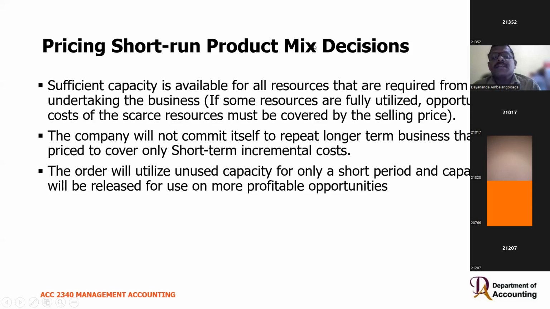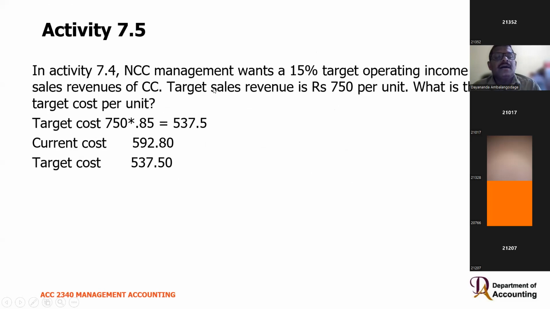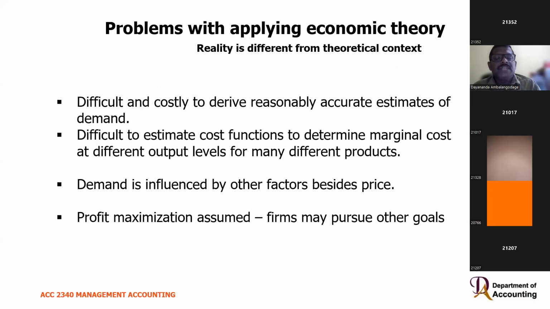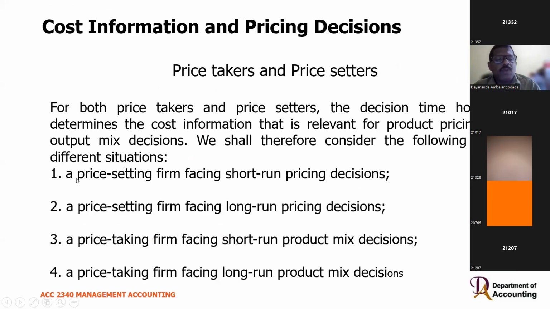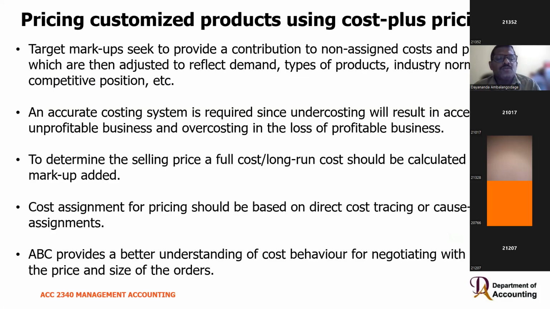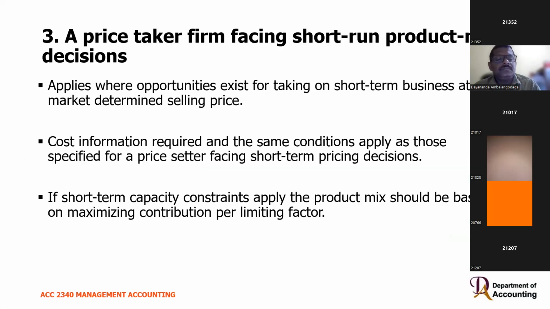Then pricing, short run product mix. Again, if I go back to explain, we had four approaches. So far we have discussed price setting short run and price setting long run. Now we are going to discuss price taking from the short run perspective. Price takers from a firm pricing short-run product mix decision